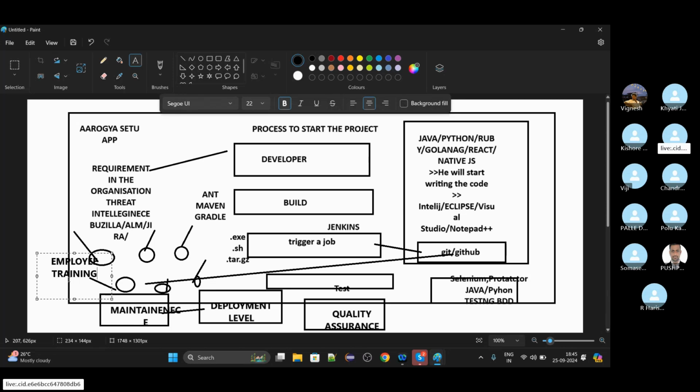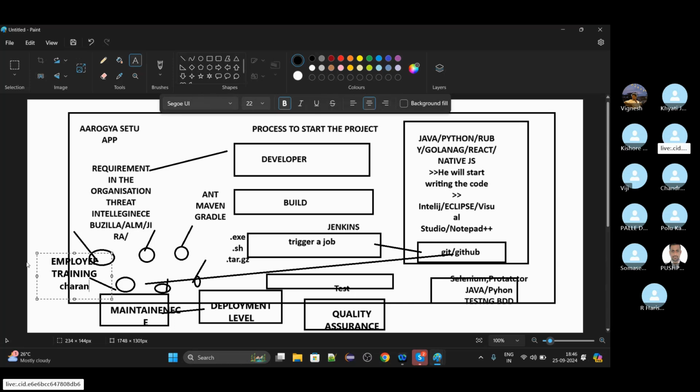So now employee training starts, and let's say Charan is an SBI employee who got an opportunity to work on the product. Let's call it an aviation product, and we give it a name, Arogya Setu. Let's say we develop this app only for SBI, and employee training is done.